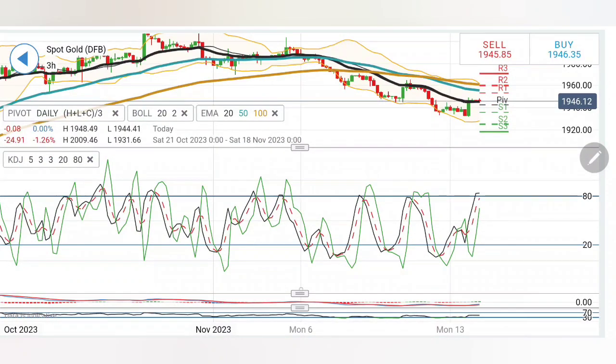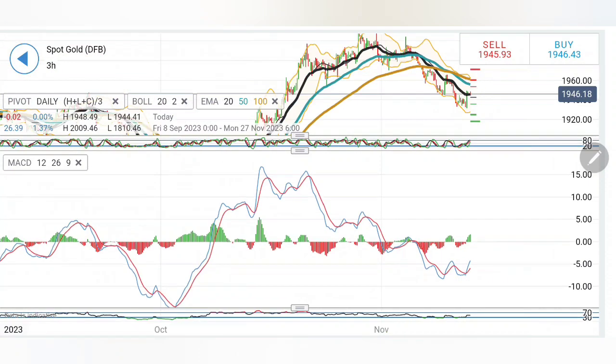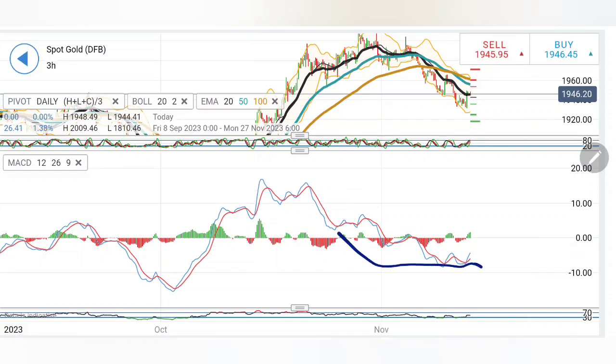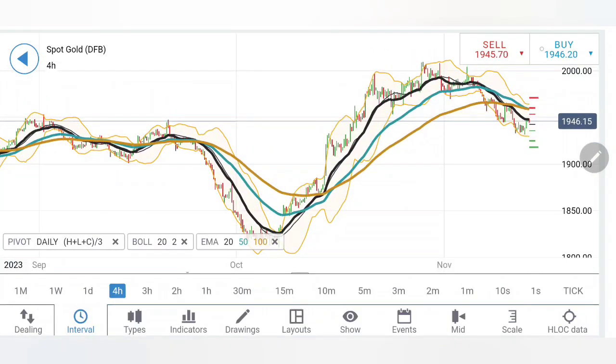If you look at the stochastic, this is overbought. MACD has crossed over at the bottom after these double bottom levels. It is still looking upwards, trying to trade bullish. It does not mean that it cannot go further down, but right now, if you observe closely, you will find a curve is formed. So possibly it is going to turn bullish from here. RSI has come out of the oversold levels. Coming to 4.